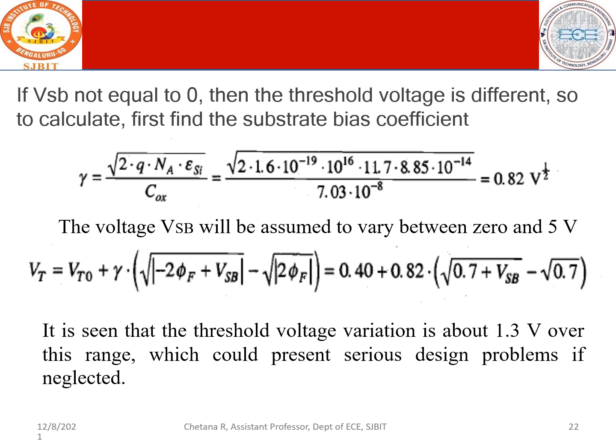By how much? It is seen that the threshold voltage variation is about 1.3 volts over this range. So whatever you have got, 0.40, right? That plus 1.3. So that much it is going to vary,